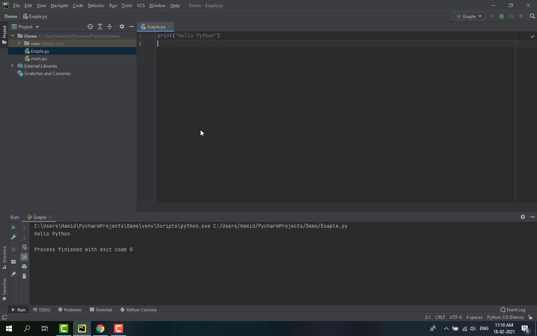and it will print hello Python in the console. And also guys, if you want to use the shortcut, you can use Shift F10 in Windows